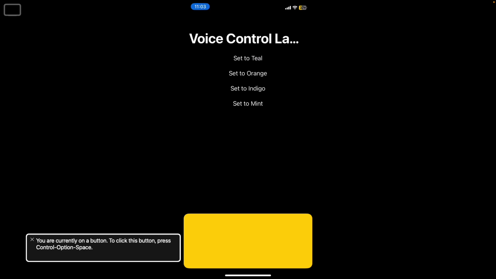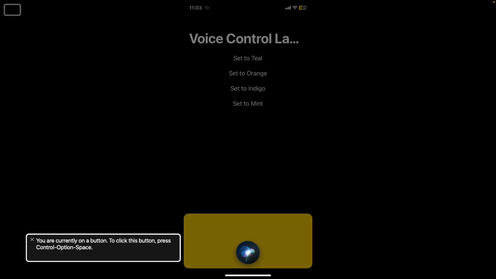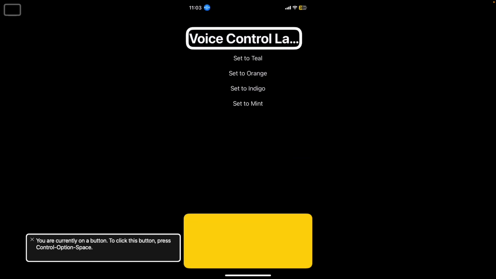So here we are inside of our application. I'm going to turn on voice control as soon as it finishes loading, that is. Turn on voice control. Okay. Voice control is now on. All right. So now that it's turned on,